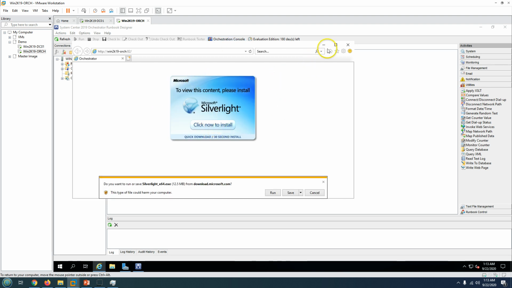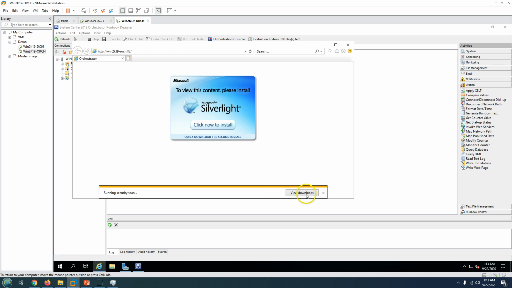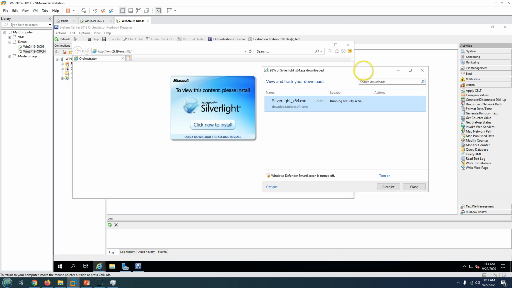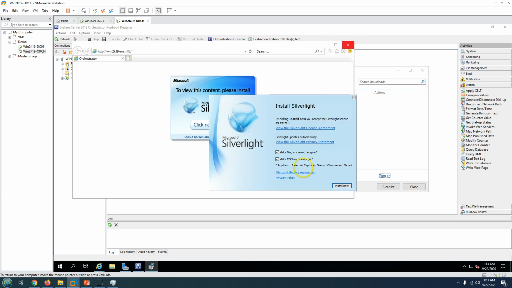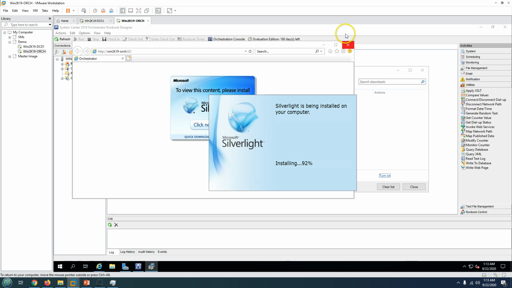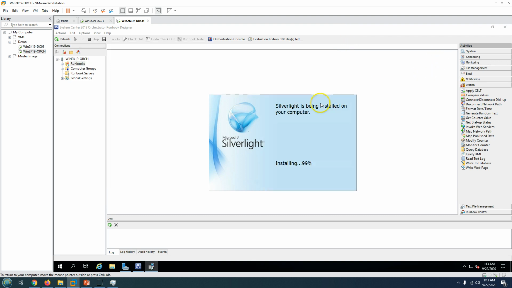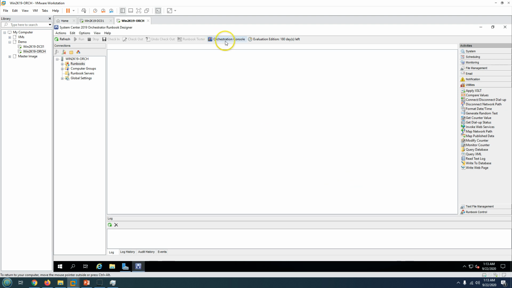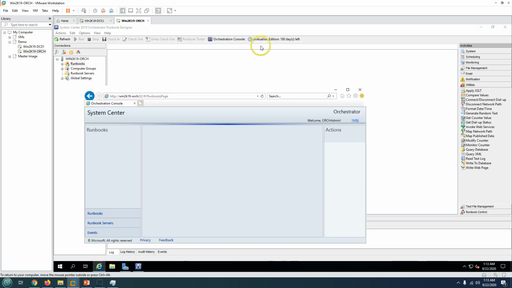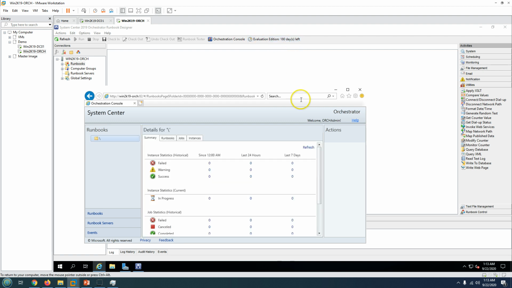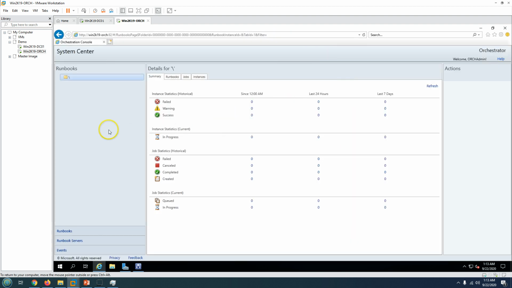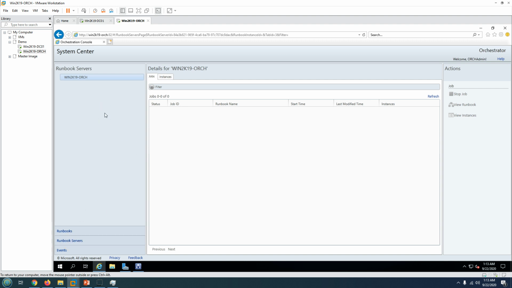we might need to install Silverlight if it's not installed. So just wait for this to be installed. I'm going to close this. Now I'm going to click on it again, and you can see we have installed an Evaluation Edition for a 180 days trial. Now you can see here a runbook console where you can see all the jobs and everything